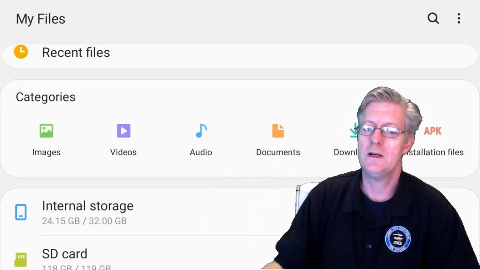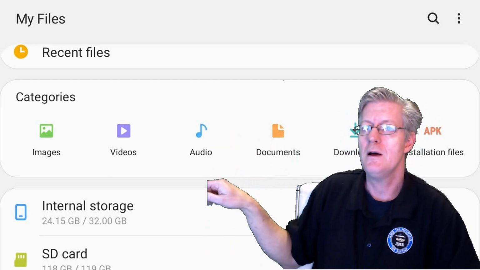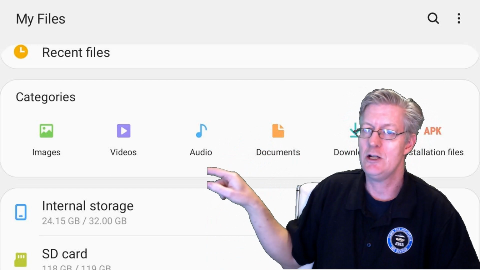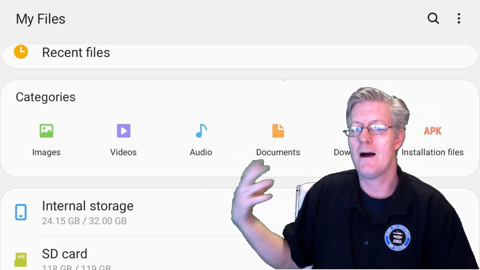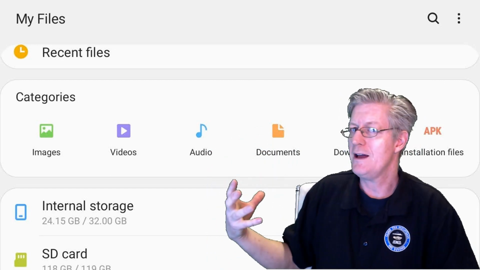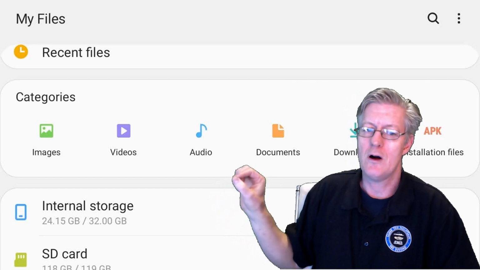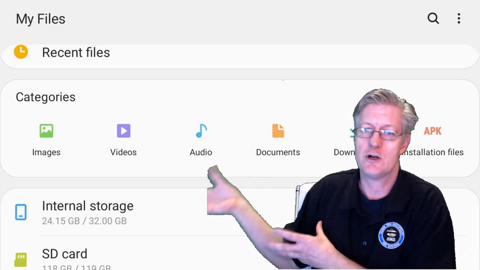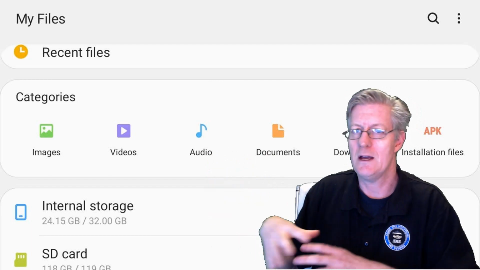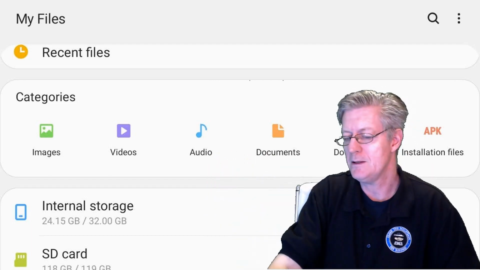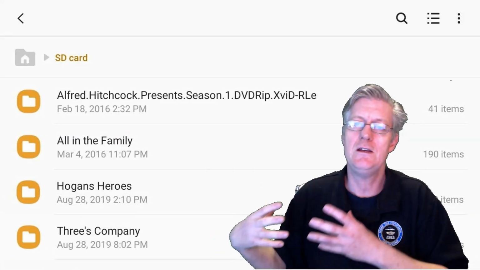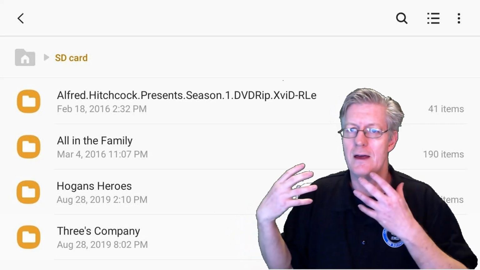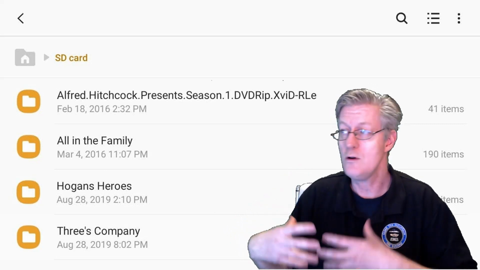What I'm going to do is tap at the very bottom of my screen where it says SD card. Now if you're using an iPhone, you're probably not going to have that. You probably will have just what's called an internal storage, but it'll be a huge internal storage. Tap on that, and then you'll see your folders and files that you're saving on that storage area.